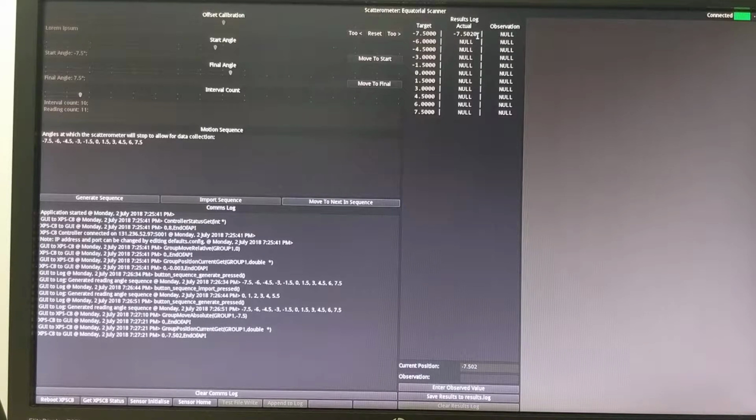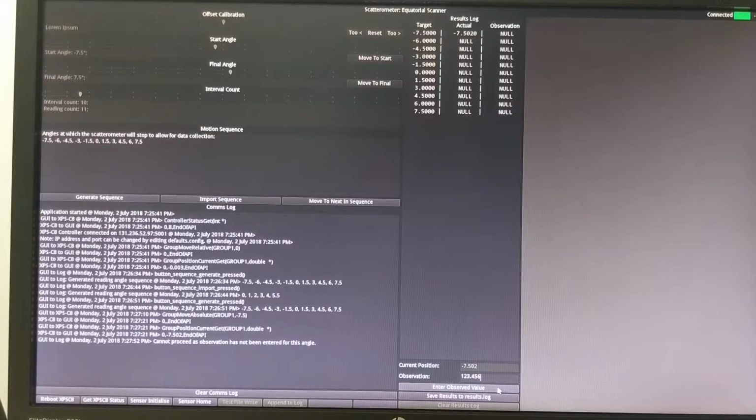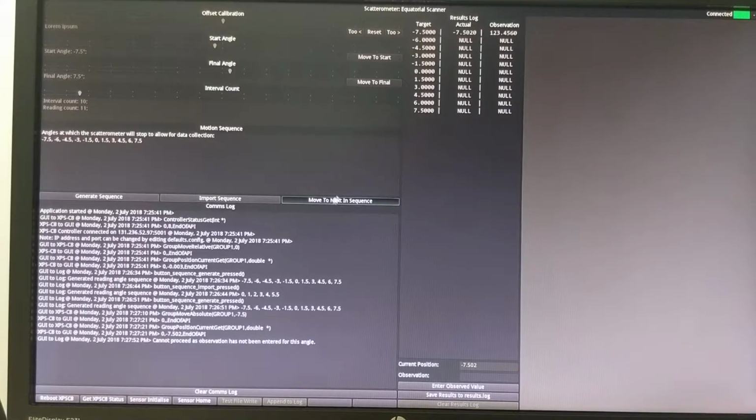Now that we're here, the best thing to do is to enter in the value that we're observing on whatever the instrument is that we're using. But I just want to demonstrate something that I've done, which is if I tried to move to the next position and I haven't entered in the value, it doesn't let me. It gives me an error saying cannot proceed as observation has not been entered for this angle. So we need to enter in an observation. I'm just going to do 123.456, and then I hit the enter observed value button, and it's updated the table up here. And then I can do move to next in sequence again,